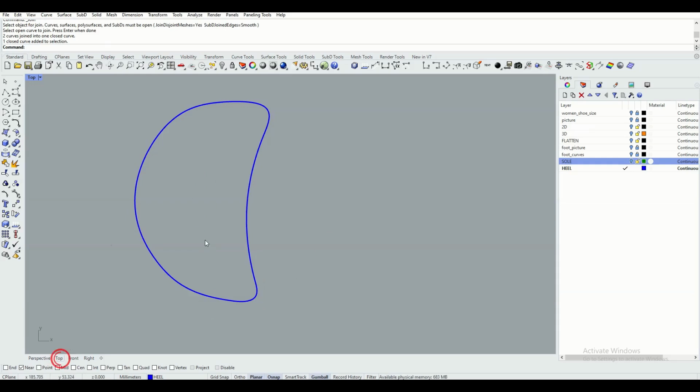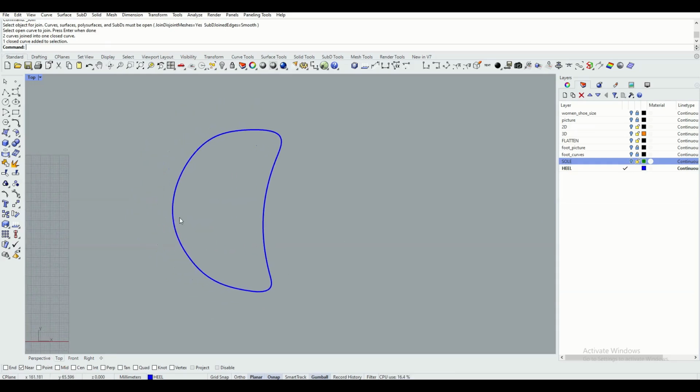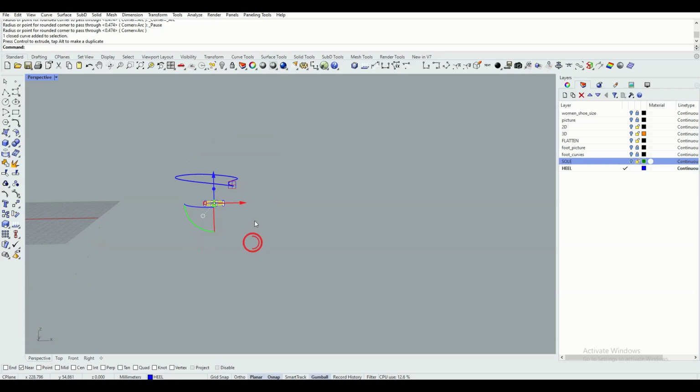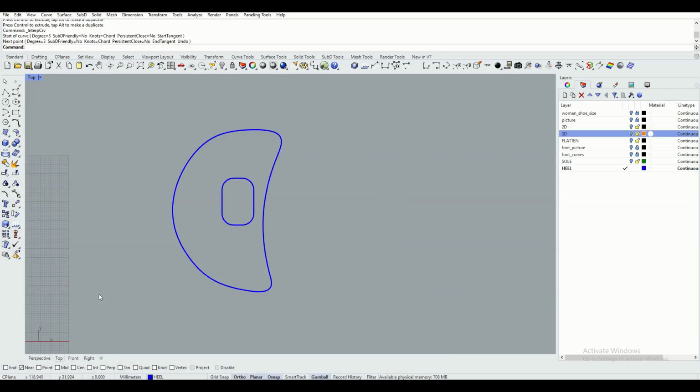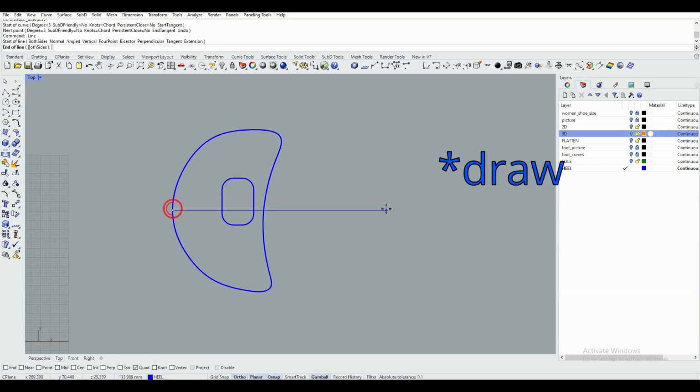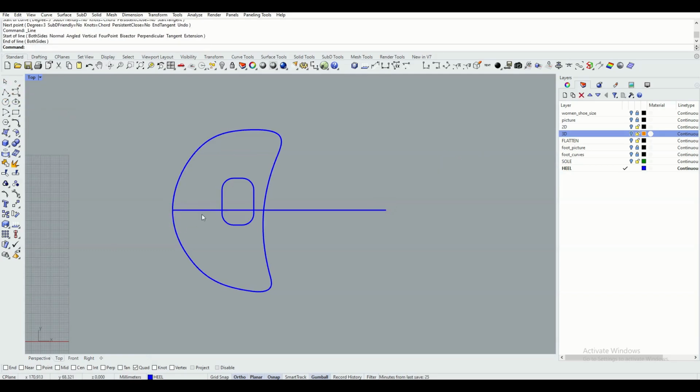Now we are going to draw a rounded rectangle. As you can see, we can drag this rectangle down, then we go to top view again, and we can drag a reference line starting from left quad of that object.